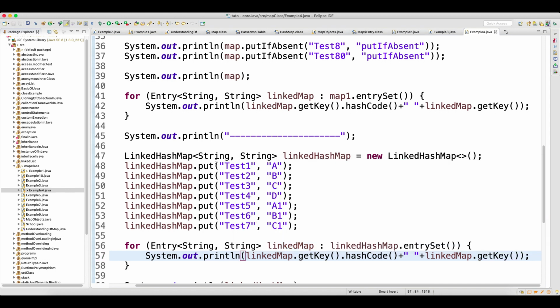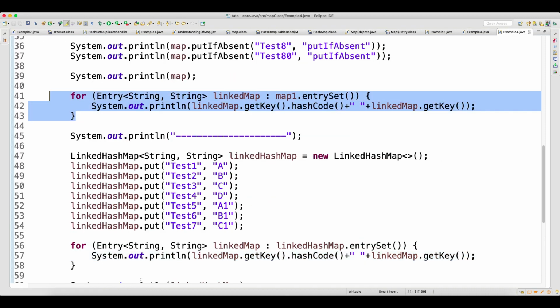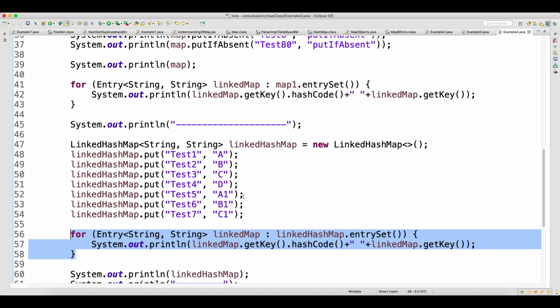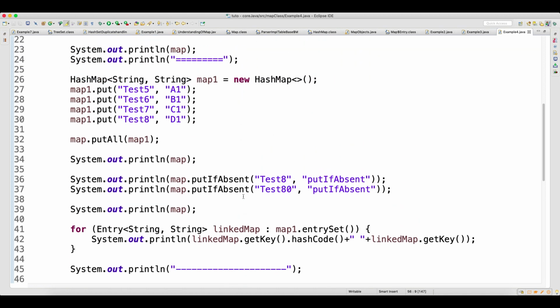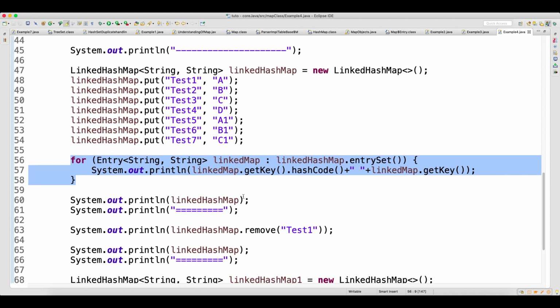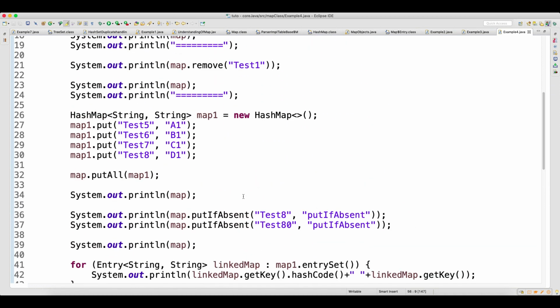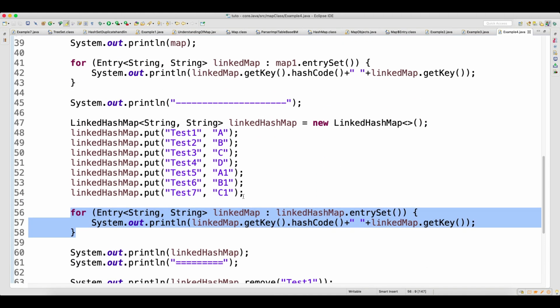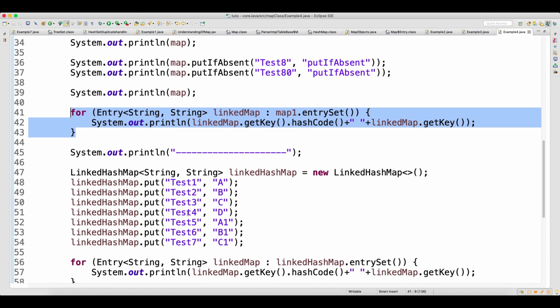So you are running a for each loop on the map and printing the hash code and the key, again on the second linked hash map. This is the map and this is the linked hash map, where we did the put all method. One mistake, guys: run the loop after doing that put all method.